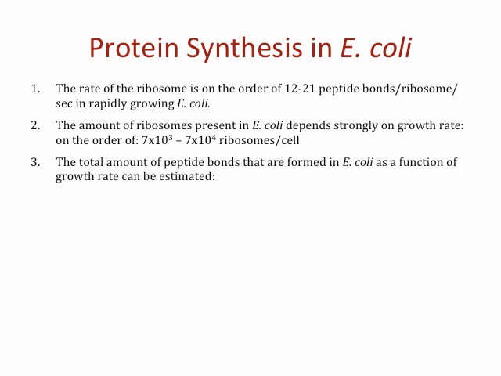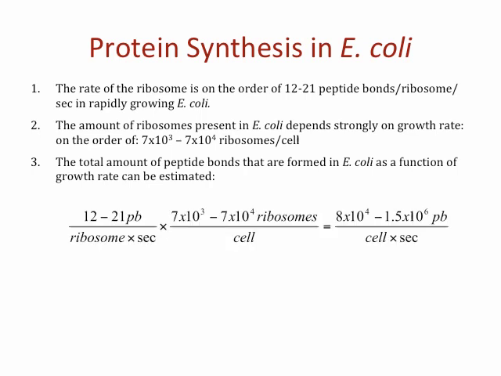So based on those two quantities, you can calculate the total amount of peptide bonds produced in E. coli by multiplying the number of peptide bonds per ribosome by the total number of ribosomes, and we can calculate there, what is that, 80,000 to 1.5 million peptide bonds formed per cell per second,